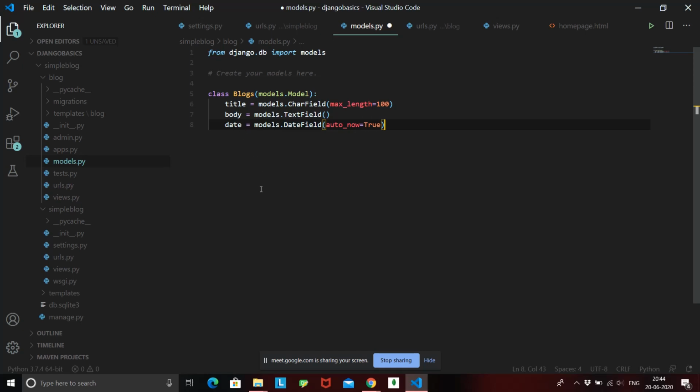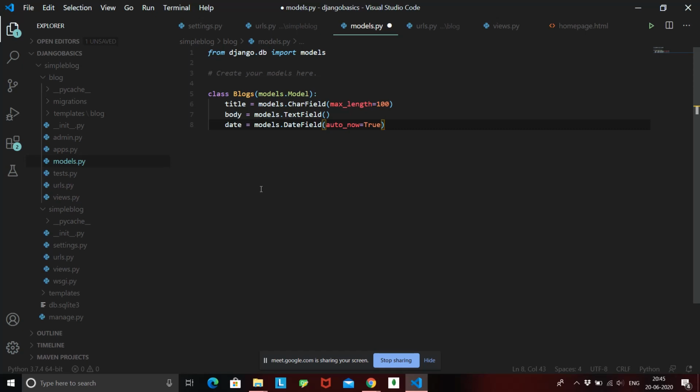Okay, so that is how you create a model in Django. You write a class, you inherit it from the models.Model class, then you give all the attributes that you want, and for each attribute you specify what type of data you need to store by using the fields: CharField, TextField, DateField. There are a number of various types of fields.